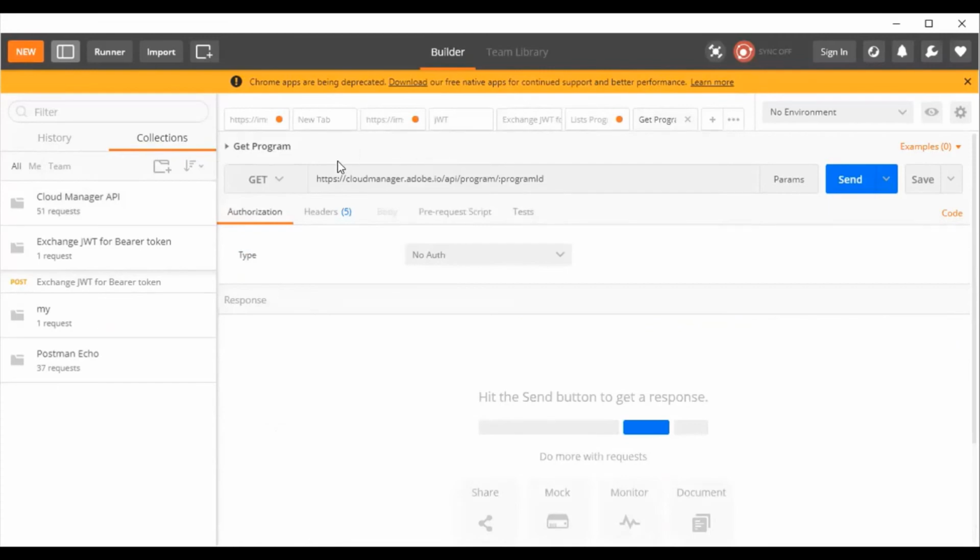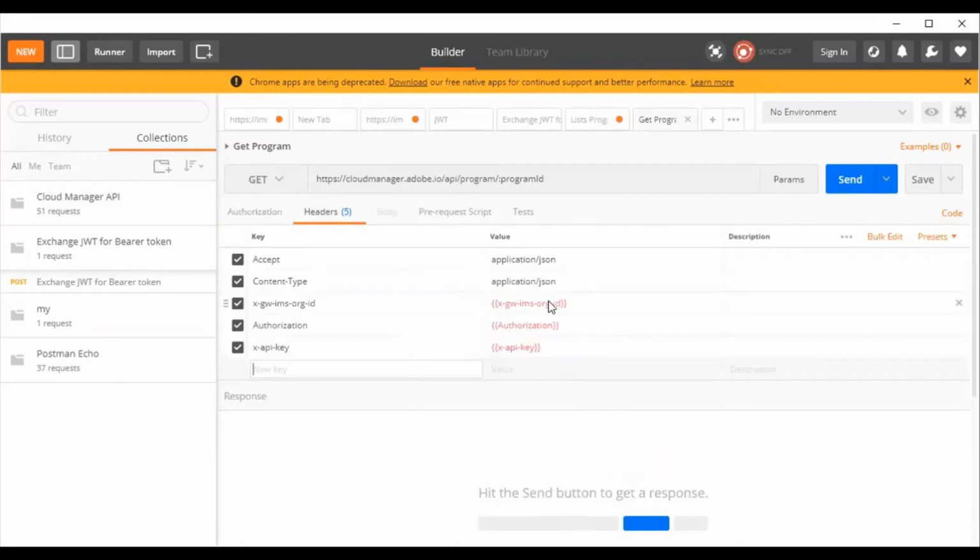You can see that the URLs are already populated. I'll have to go for the authentication here. You can see the pre-filled header is available. So I'll have to provide the additional details, like the variables defined: organization ID, authorization, and API key.